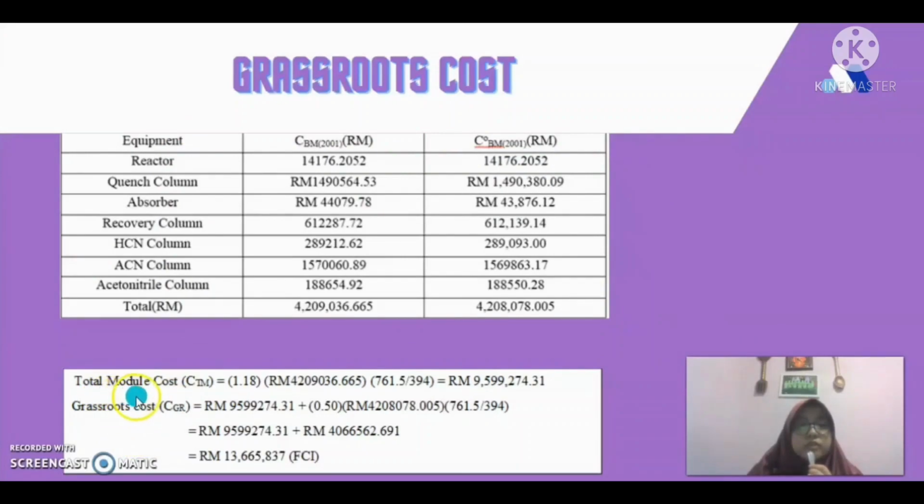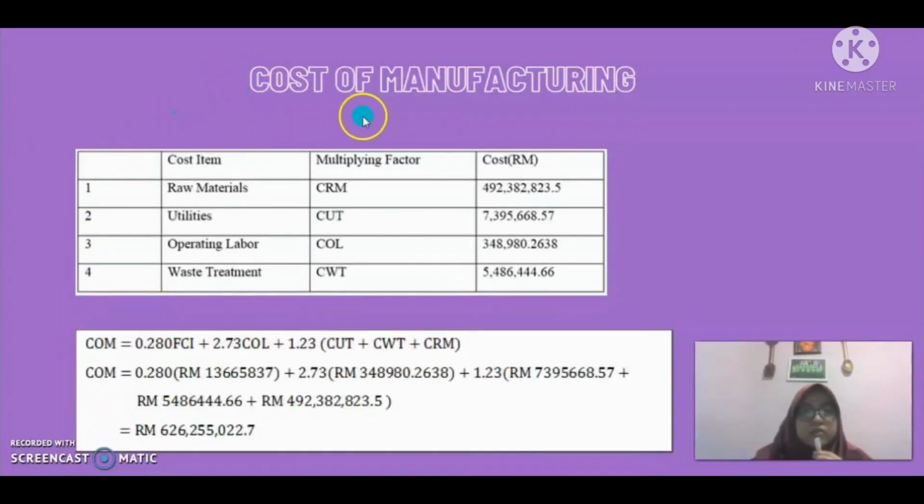And the result for the total model cost is 9,599,274 ringgit and 31 cent. And the result for the grassroots cost, or we can also say fixed capital investment, is 13,665,837 ringgit. Next is cost of manufacturing, and in this table is the result for the item that we use